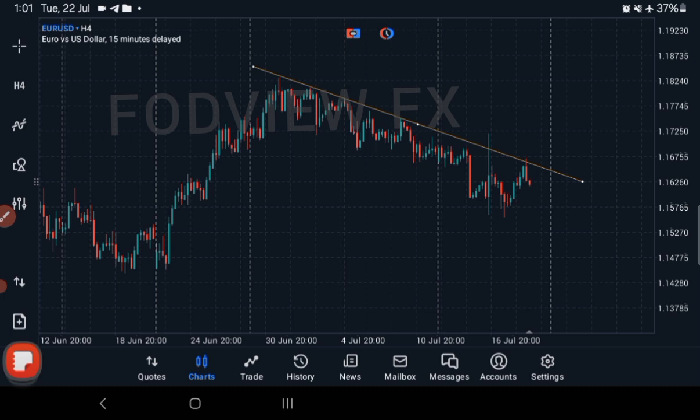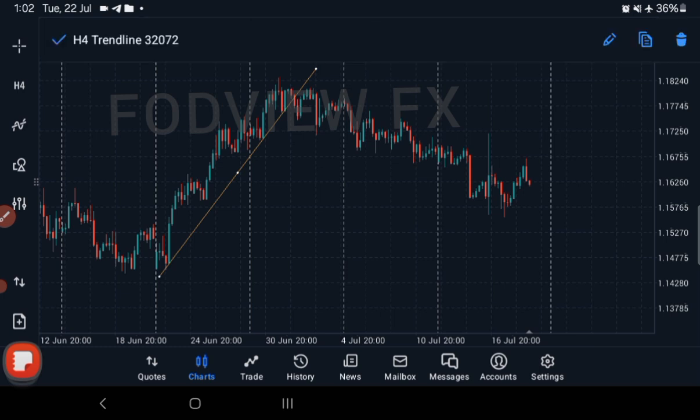Now, how do we use the trend line? Let's take this bearish as an example. It was going bullish. This is the 4 hours time frame. Remember, you don't take your trade on a higher time frame. You have to go lower. This is a 4 hours time frame. It was bullish,